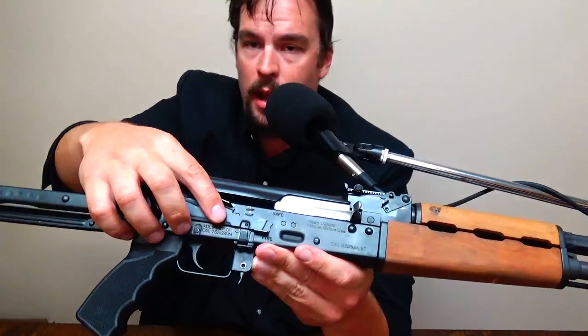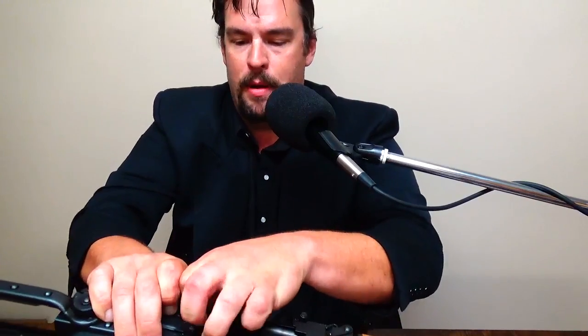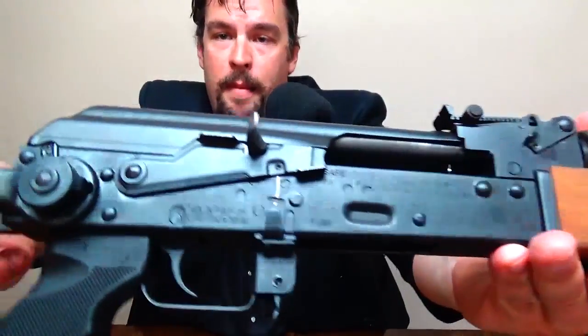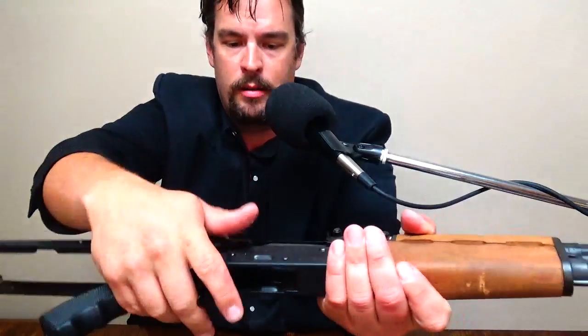But if you look at it closely, you'll see there's a notch here. You can actually pull the bolt back and then pull this up. And now your bolt is locked open, held in place by the little notch on the safety selector lever, right? And so when you want to drop it, you can just close it like that, and now you're ready